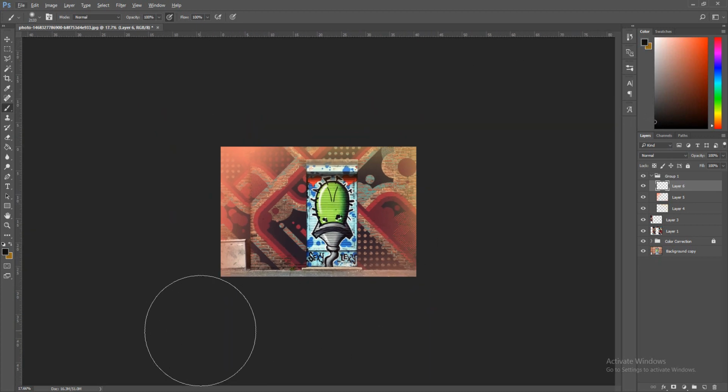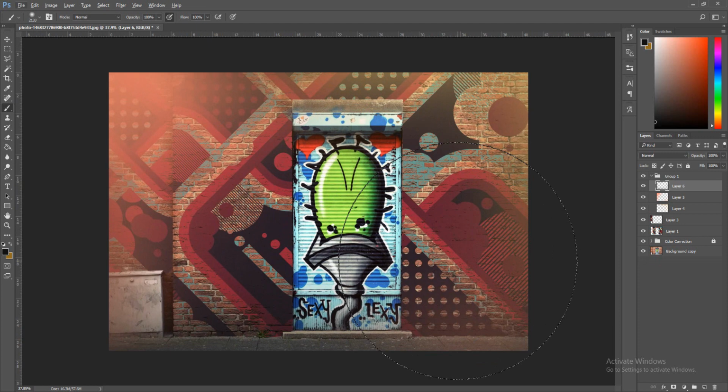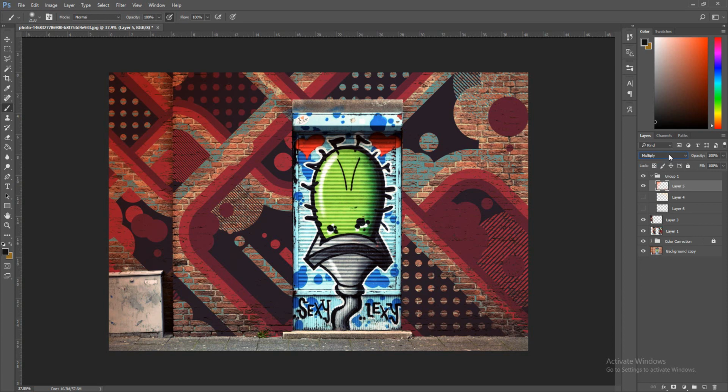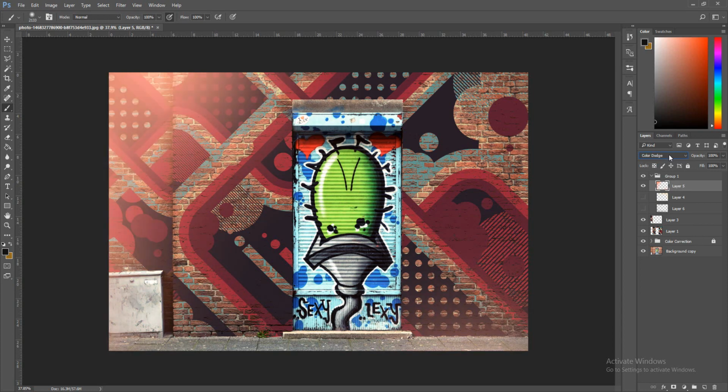So the black is going to be like a shadowy effect. And I'm just going to do the bottom. And I'm going to do one right there, one right there, one right there. So now we have these lights going on. I'm going to put the black under the 2 colors, and then I'm going to disable the black and this one right here, and we're going to mess with the first color, which is the red, and we're just going to put this on some sort of blending mode